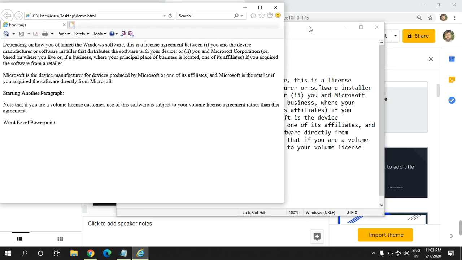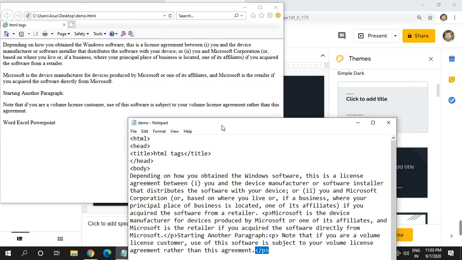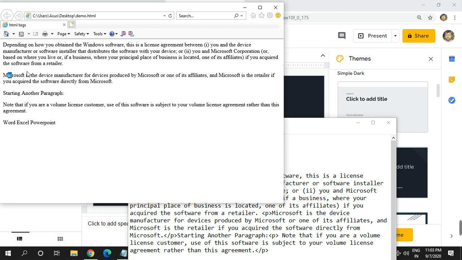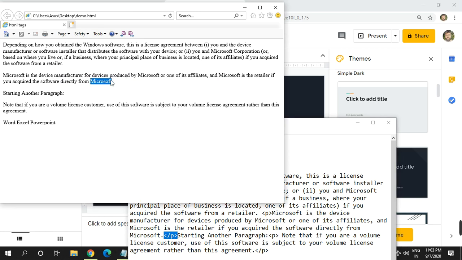Here you may see the output. The output displays that from here, from Microsoft, we have started a paragraph. There is some space left before the paragraph, and the paragraph ends here.